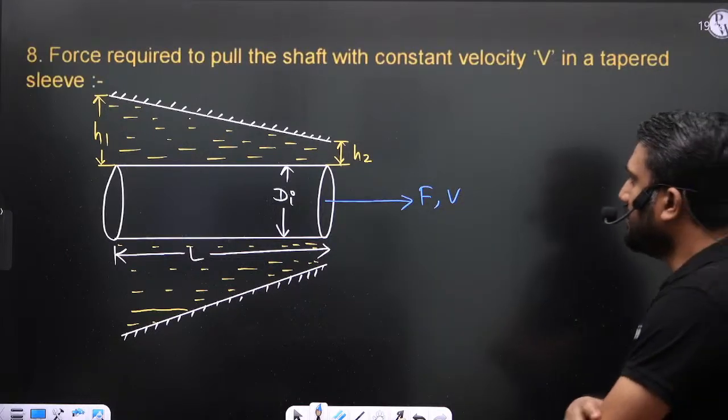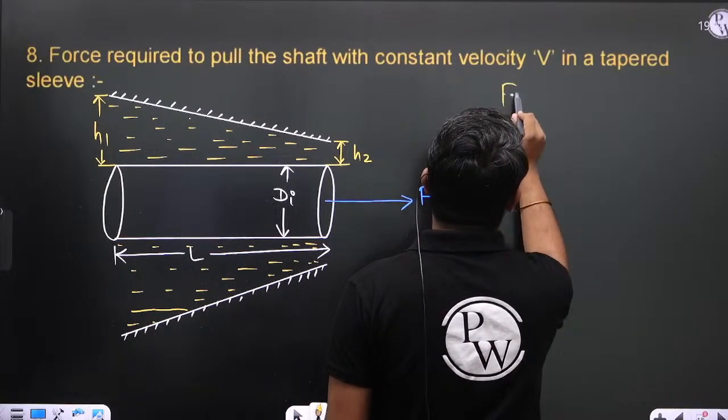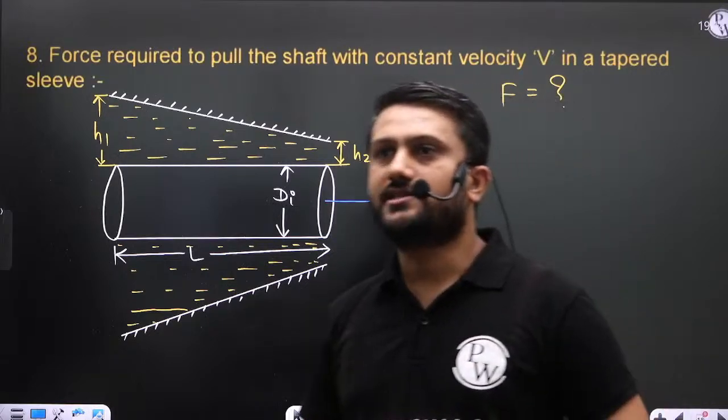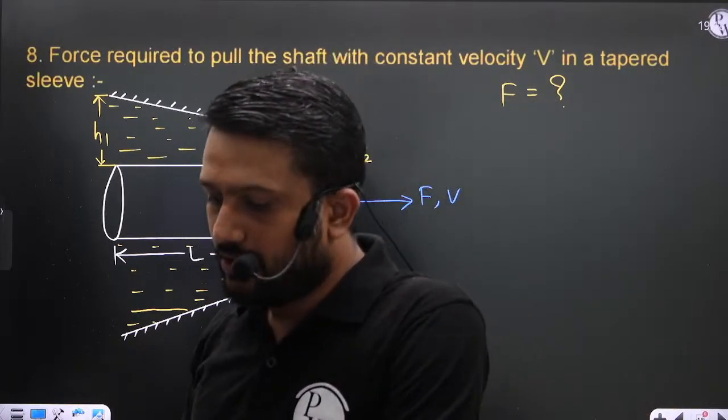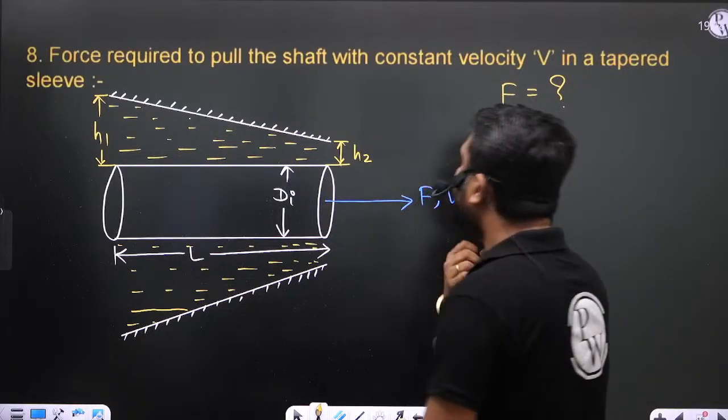So in this case, calculate F. What is the force required to pull this shaft with constant velocity v? So anyone tried this question? Okay. Now in this case, beta,